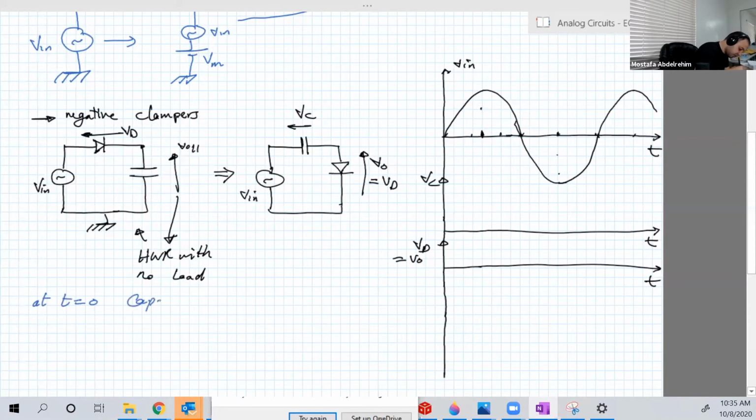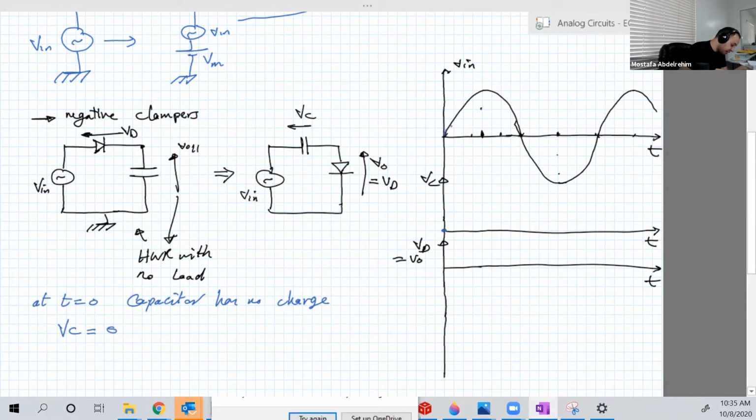we will assume the capacitor has no charge. Q is equal to 0. So VC is equal to 0. I'm sorry, this is not VO now. VO is VD. Okay. So here VC at t equal to 0 has 0 voltage, and the diode will take all the input. So when the input starts to increase,